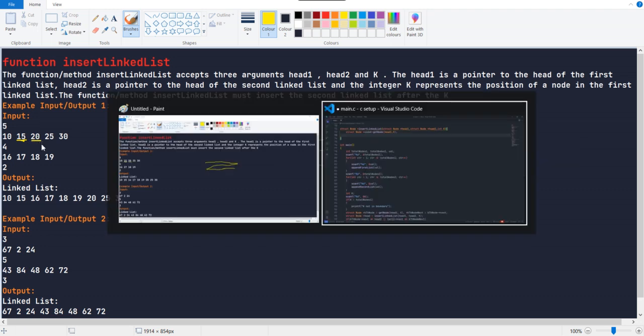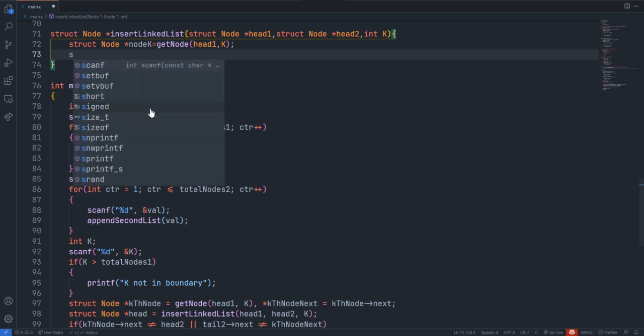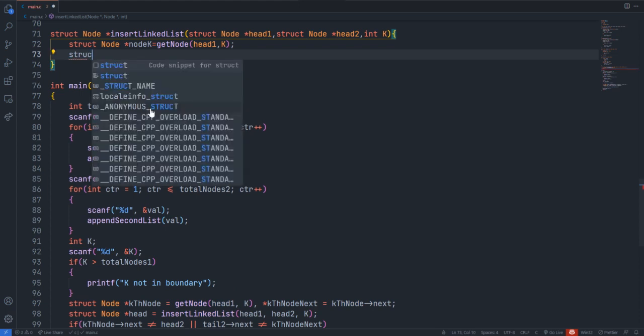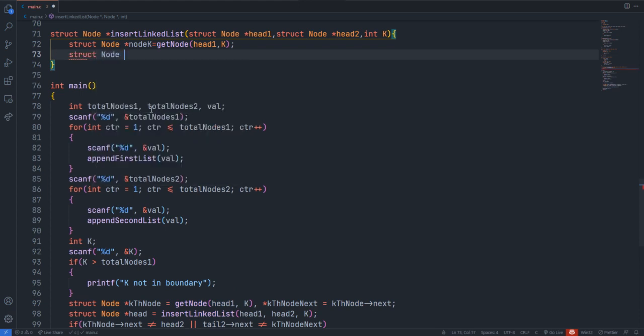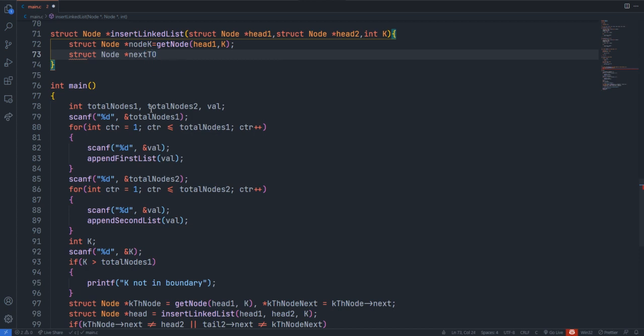For that purpose I'm going to specify another structure, struct node star next to k, which is nothing but the next of the kth node. I can either use get node of head 1 at k plus 1, or else just go with node k arrow next.